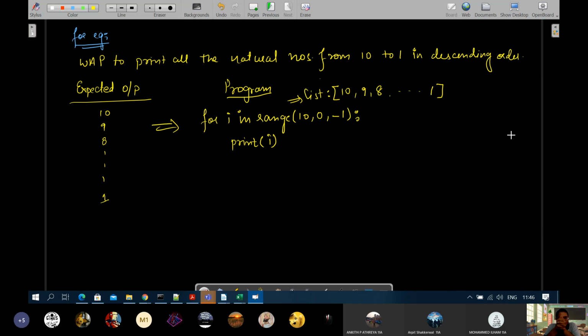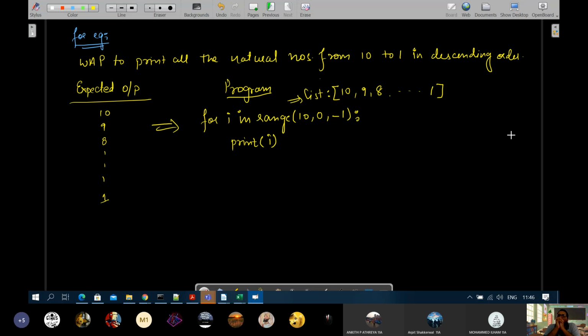From the starting value you will always keep on adding if the step value is positive. If the step value is negative, that means from the starting value you will always keep on decreasing by that magnitude. So, sir, the last will be 2 minus 1, that is 1.